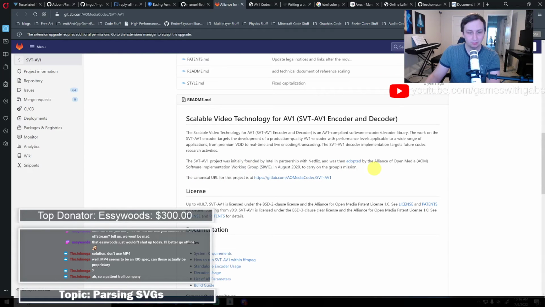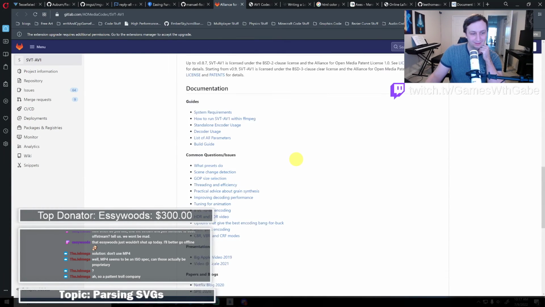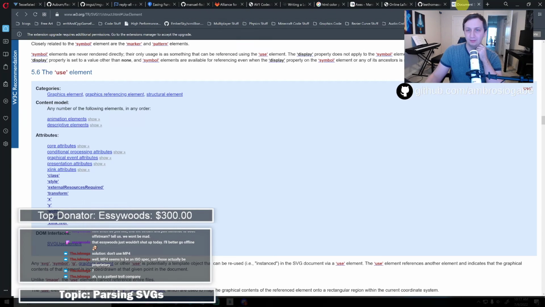But I think Google and Apple and Microsoft are all part of this as well, endorsing AV1 to screw over MP4, which I love. So I am actually happy with that. But yeah, AV1 is interesting. It's like the codec of the future, I guess. And you'll notice that Netflix uses it for their streaming, and I think they invented it. I'm not sure though. So it's just cool, and I'm glad that we're moving past that stuff.